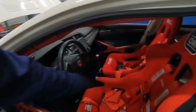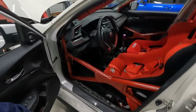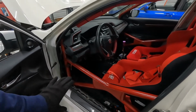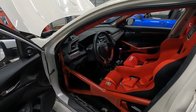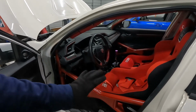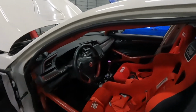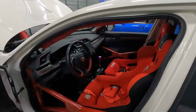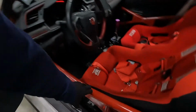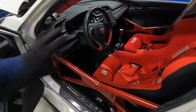The rest of the car has been caged out professionally, not by me. FPC Fabrication, they do an amazing job at welding these cages. This is a professional FIA grade cage. I could have taken this car and I would have been able to pass inspection at any FIA type race. It's a bit expensive to go to those races, so I never went to one of those. But that goes to show you, this thing is very well made, and it was a must-have after my accident